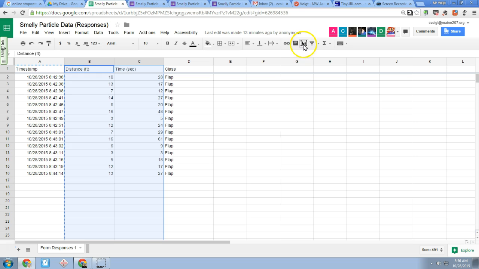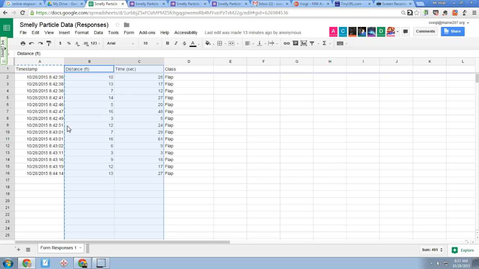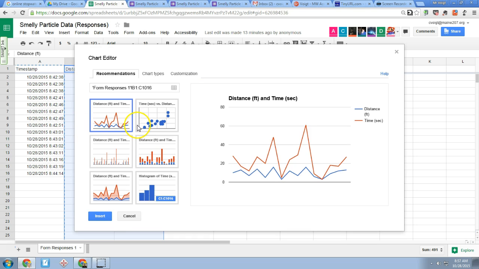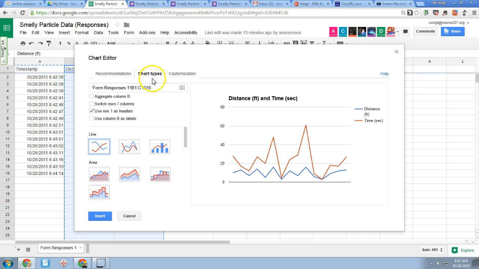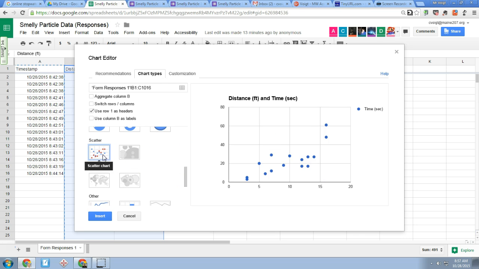The next option is I can either come up here and click on Insert Chart. That's a button up in kind of the top right. Or I can go to the Insert menu and then go to the Chart option. Google will give its best guess on what kind of graph that you want to make. We almost always are going to want to make a scatter graph. So when I go to Chart Types and scroll down, I'm going to always pick this first scatter graph